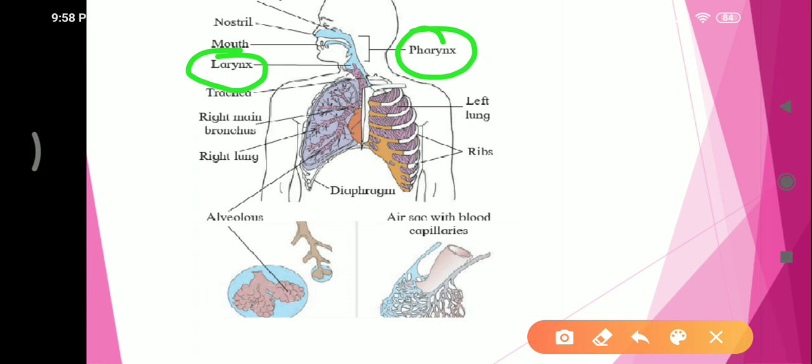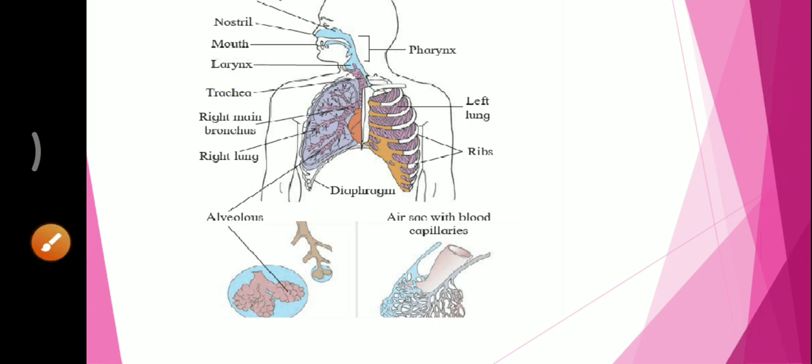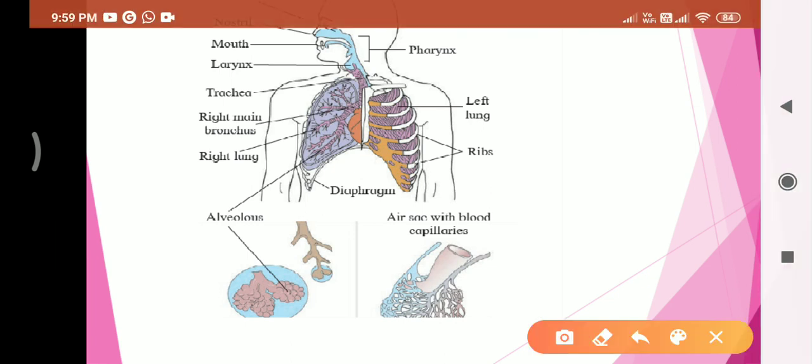When you are speaking, the sound is produced with the help of the larynx. And when you look at lower organisms, they do not have a larynx, so that's why they can't speak. As a human being, a special animal, you have the larynx. The larynx works as a sound box. This larynx opens into the trachea, right? This is the trachea here.